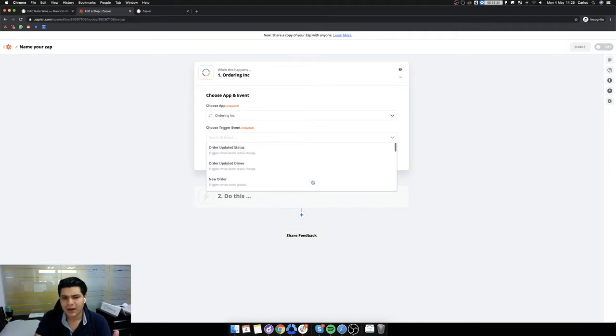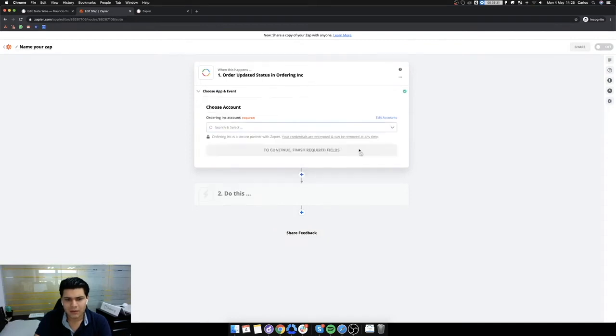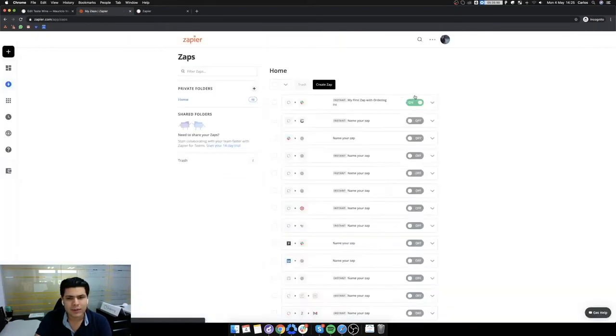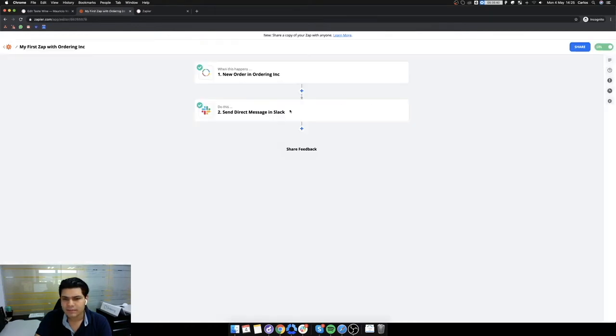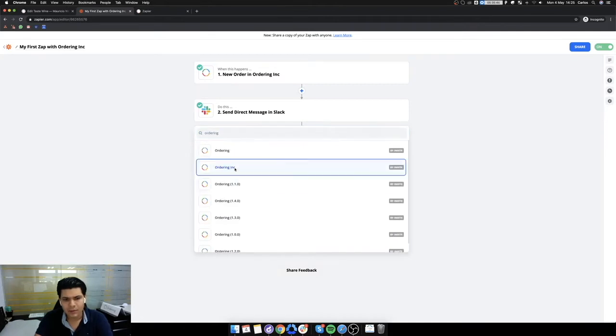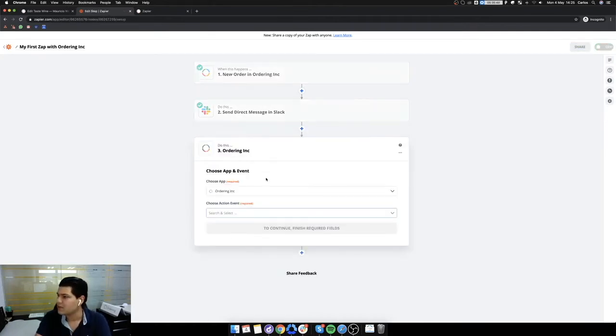If there's no trigger here for something that you want to make, for example, right now, this will be a trigger, but you also can add an action. I will show you how. Well, let me go back in the last one we created, which is this one. Here, if we add one more time ordering, we have different actions, right? So for example, here,